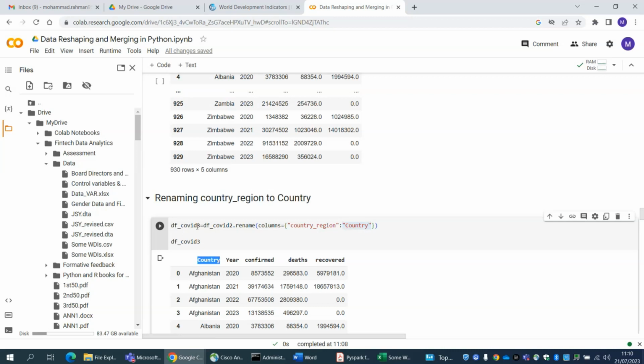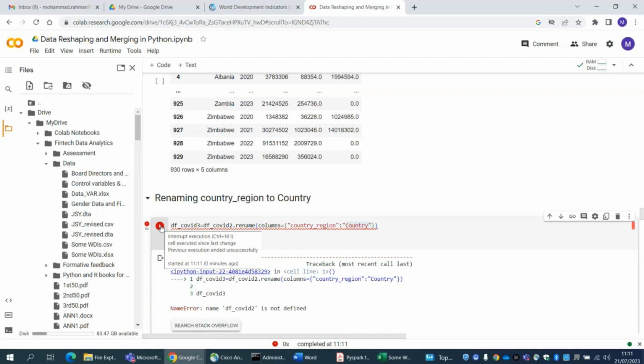So that is basically the new data frame name, previous data frame, dot rename, and then bracket, columns, and which column you want. So this is the old column name and this is the new column name, and second bracket and the first bracket. Then you will see the change. If you run this whole cell,